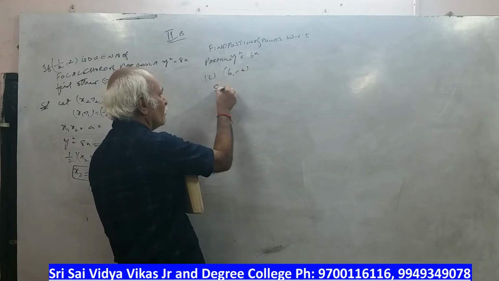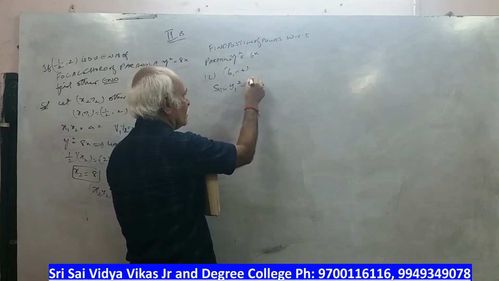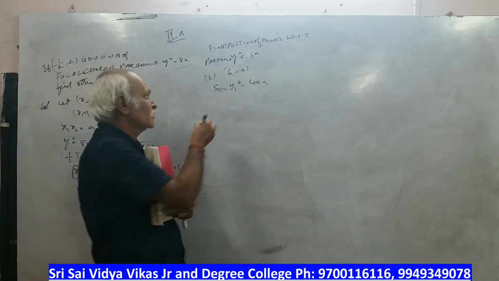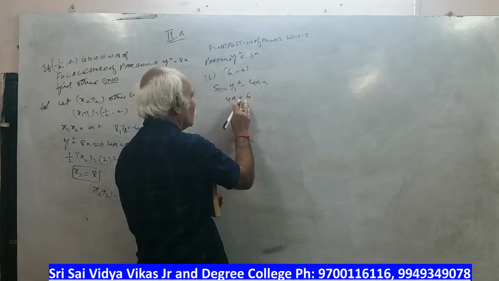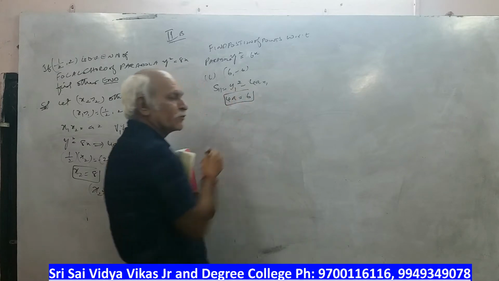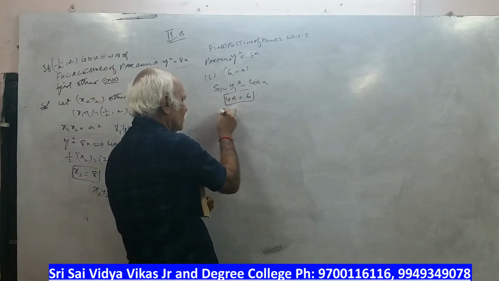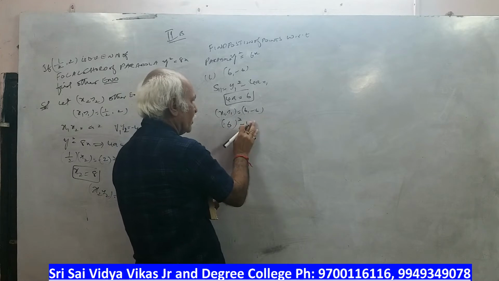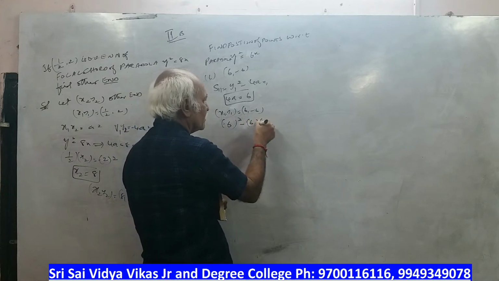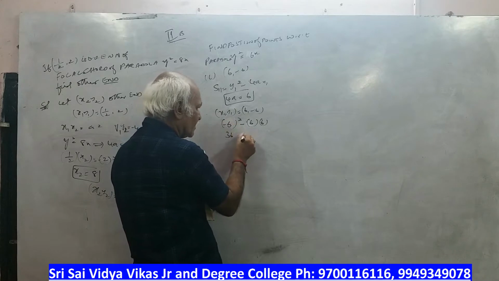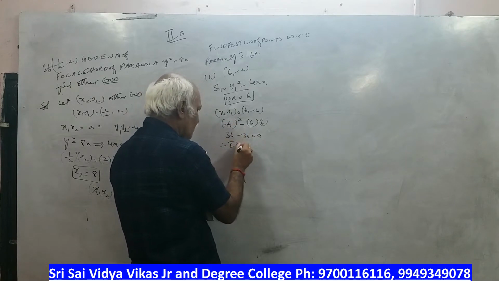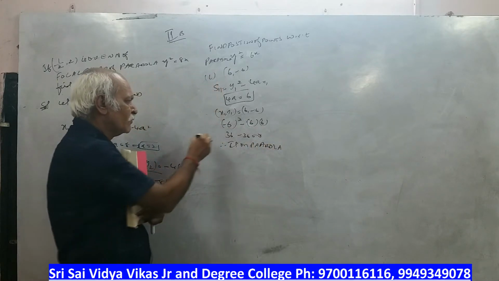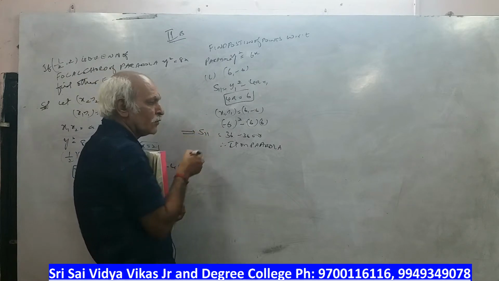So you have to write S11, y1 squared minus 4a x1. What is the formula? y1 squared minus 4a x1. Here the 4a value is 6, so we can take the 4a value directly, you don't need to find the a value. Here x1, y1 is (6, minus 6). So minus 6 squared minus 4a, the 4a value is 6, 6 into 6. So how much do we get? 36 minus 36, 0. Therefore, it is on the parabola. So S11 is equal to 0, therefore it is on the parabola.